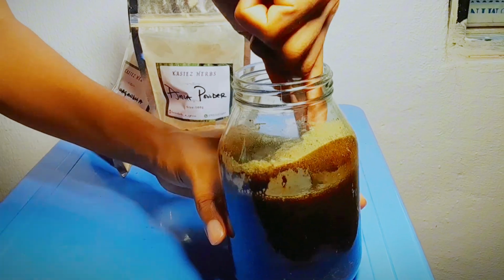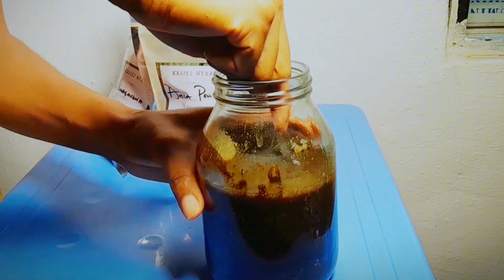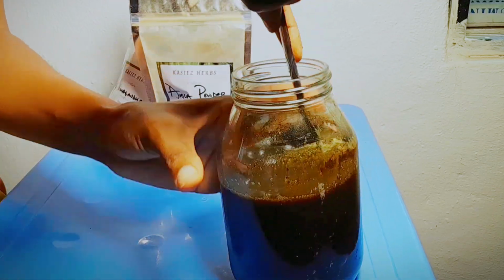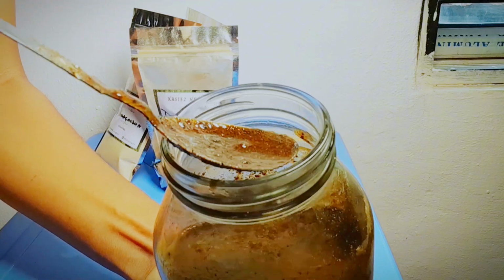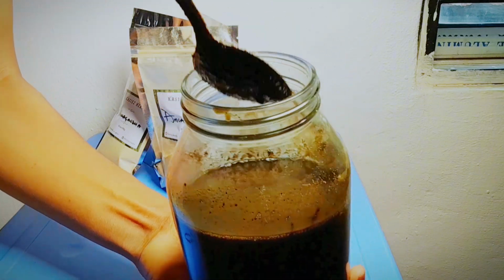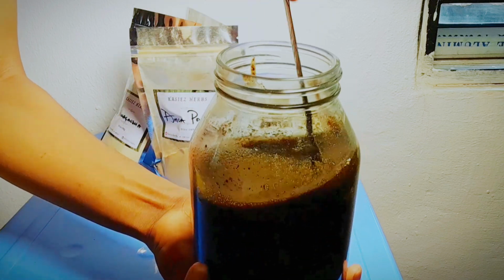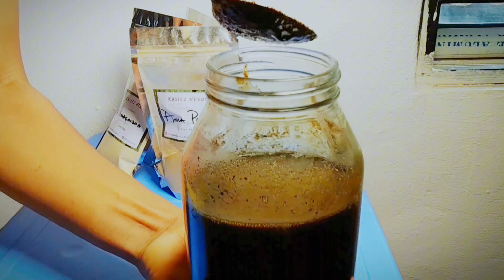Make sure you toast on low heat, and also make sure you infuse for a long period of time. Okay, also make sure you don't use the double boiler method because it is very easy to damage the oil once you go above a temperature of 40 to 50 degrees. And it also reduces the shelf life of the oil because a bit of moisture can get into the oil without you knowing. Anyways, I'm done adding my Ayurvedic herbs,